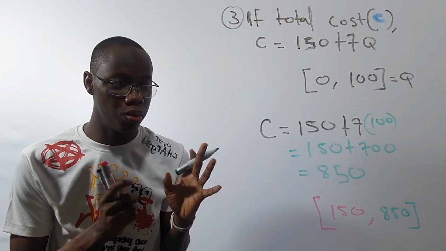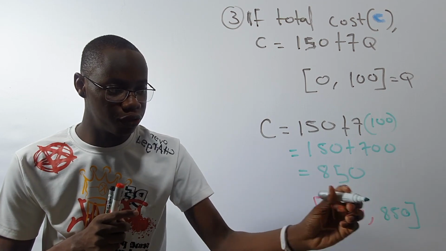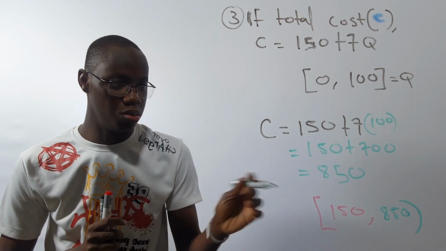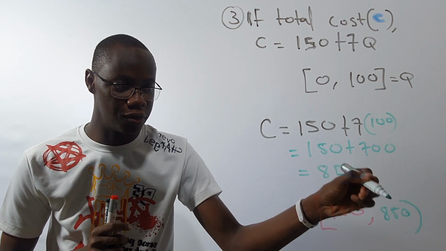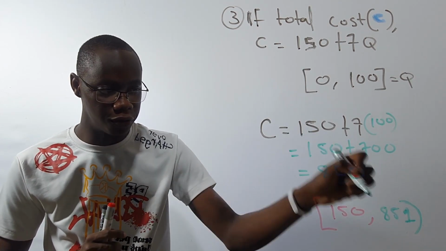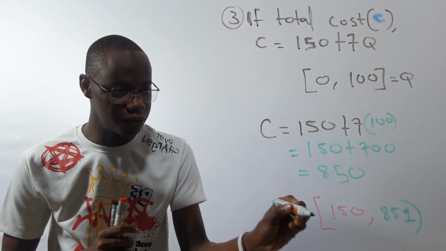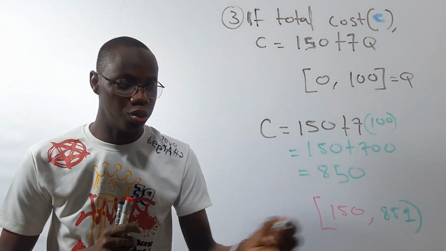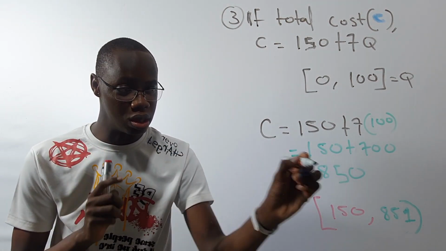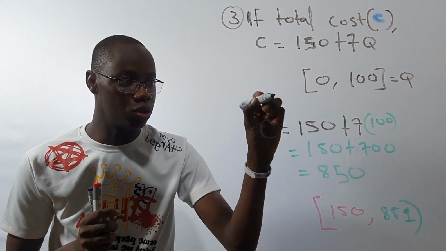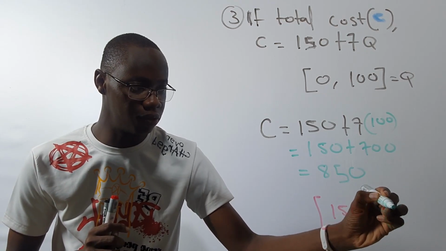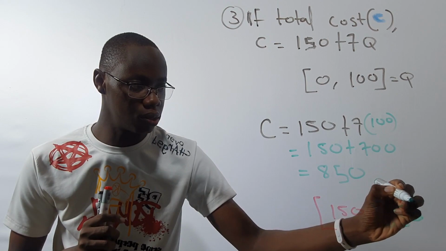That's the range. But you can see, if I want to use exclusive, I will put it like this, meaning 150 to 850 not inclusive. But this doesn't make sense, right? So I can write it like this, 851 not inclusive. That means it starts from 150 to 850. But this will be wrong because the examiner wants to see this 850. You get, the examiner wants to see this 850. So don't remove the 850, don't remove the 150. Just leave it like this, inclusive.